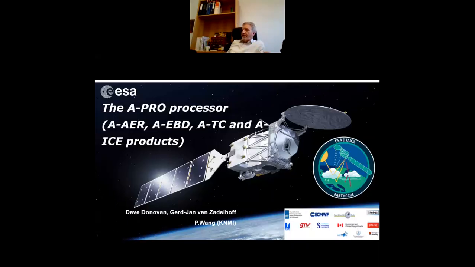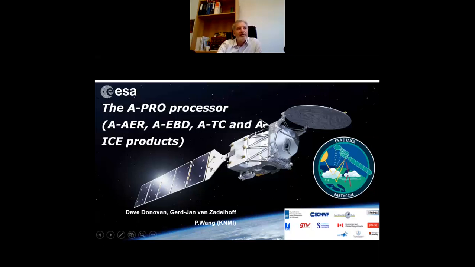That's where it uses the retrieved extinction-to-backscatter ratios and the depolarization ratios, as well as auxiliary data such as the temperature and even geographic location and thresholds on the extinction itself to say what is cloud, what is supercooled cloud, what is ice, and what the different types of aerosols are. And then there's